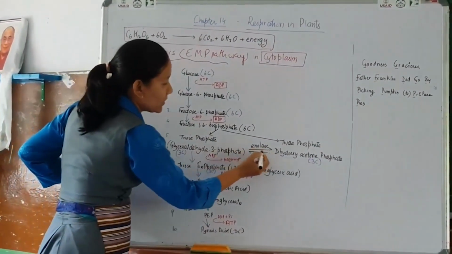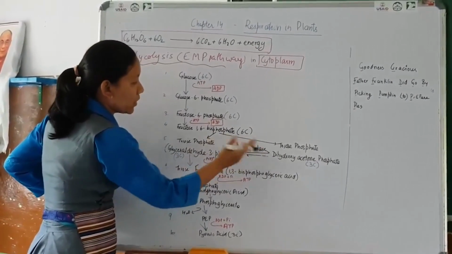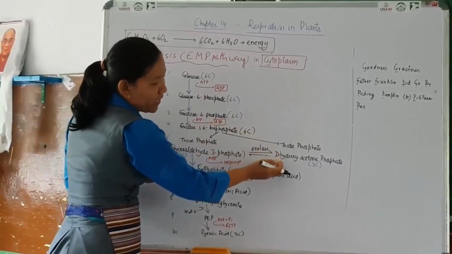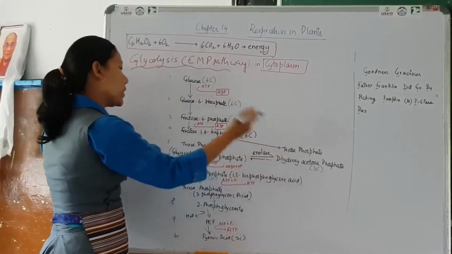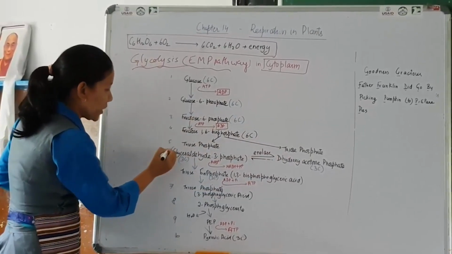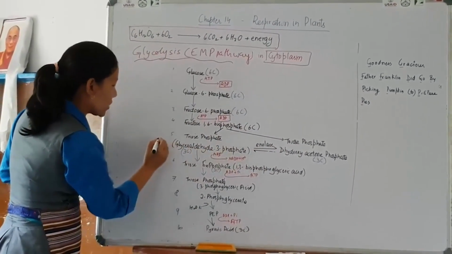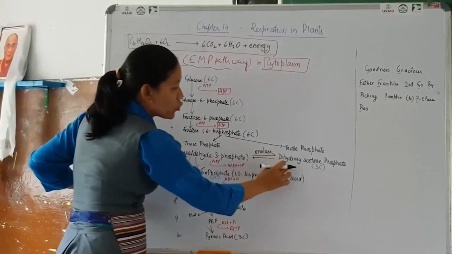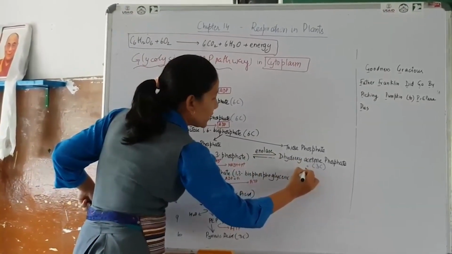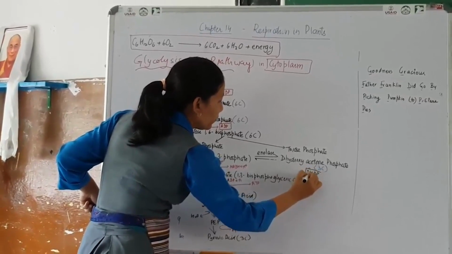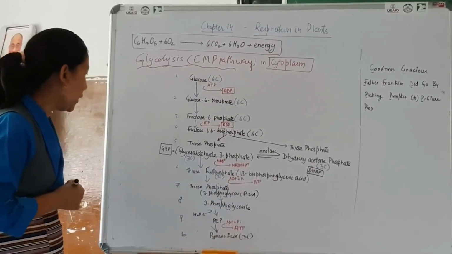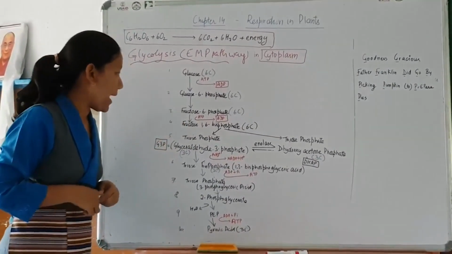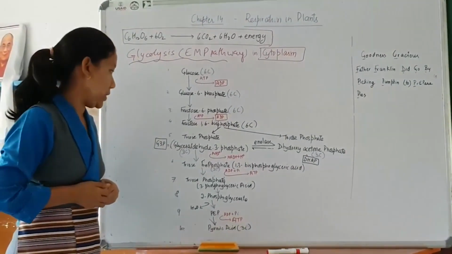And here you can see that this enzyme helps in the interconversion of these two. So glyceraldehyde 3-phosphate can be converted to dihydroxyacetone phosphate, and then again this can be converted back to this. So we can just use a short form for glyceraldehyde 3-phosphate, we can just write G3P. And dihydroxyacetone phosphate, we can just write DHAP. Okay, so this is the abbreviated form here. So this 6-carbon compound is split into 2 3-carbon compounds, which are interconvertible.